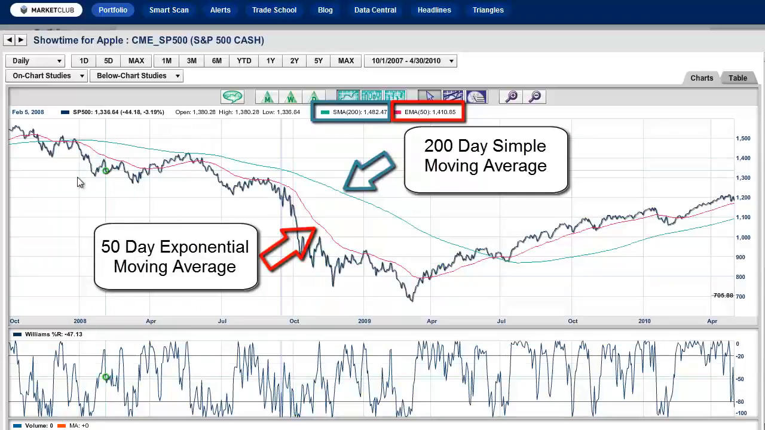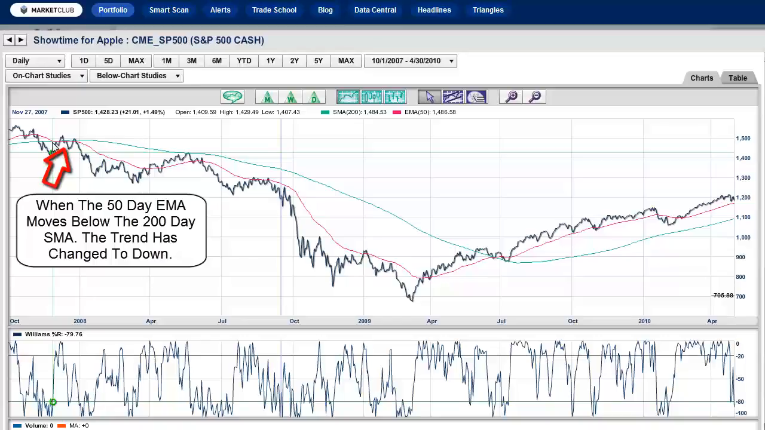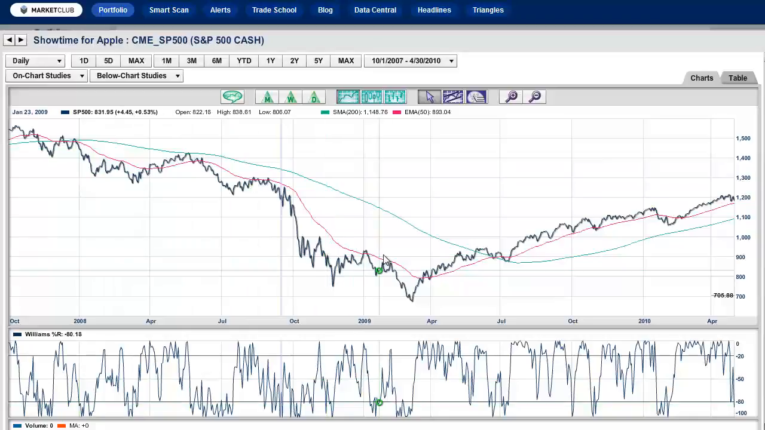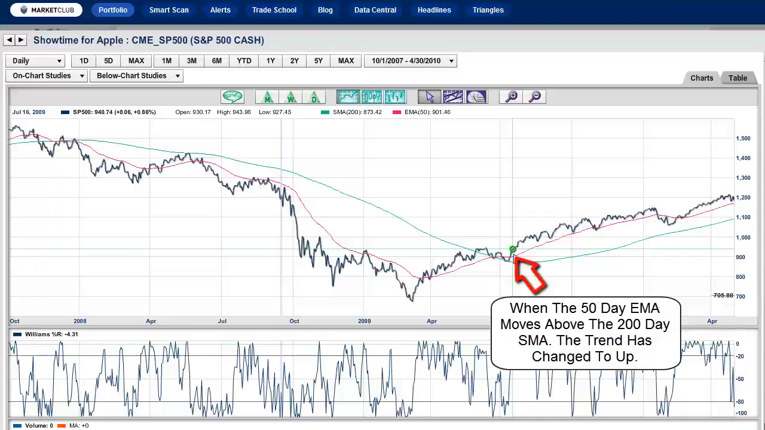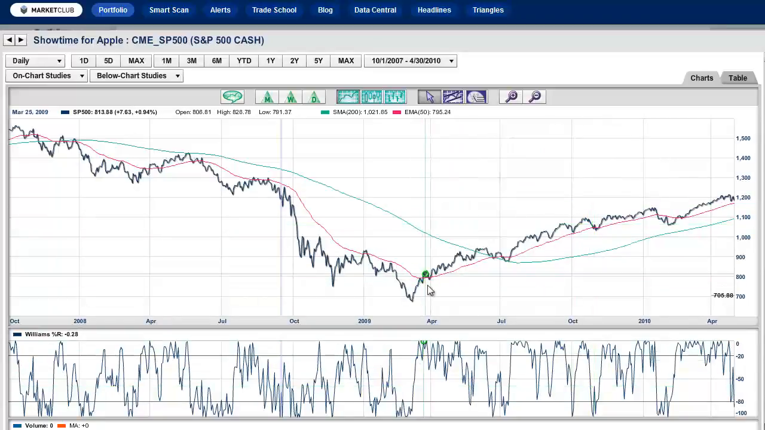Now the theory behind this is when the red line goes below the green line, then that's a change in the trend and you should be out. And as you can see, it worked very, very well here. And when it crosses over, then you should be a buyer and you should stay in until the cross goes the other way. It's called a golden cross. There's a lot of people who follow this and believe in it, and it works longer term. You don't buy the bottom and you don't sell the top, but you get the big fat part of the